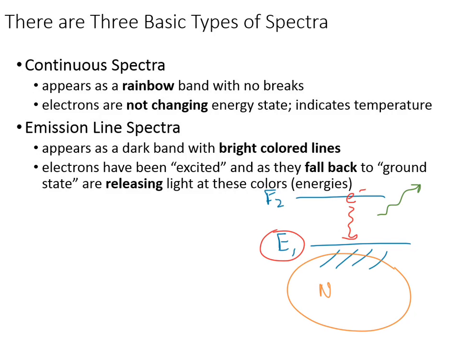Depending upon what atom, you figure that's an electron around an atom. So we have the nucleus here. That is an electron associated with an atom. Whatever that atom is will give a characteristic jump. So those are emission lines. They're bright colored, and we're going to see some examples of them.